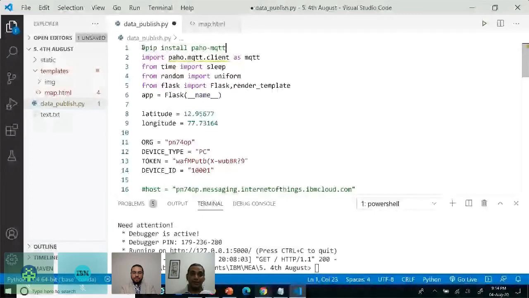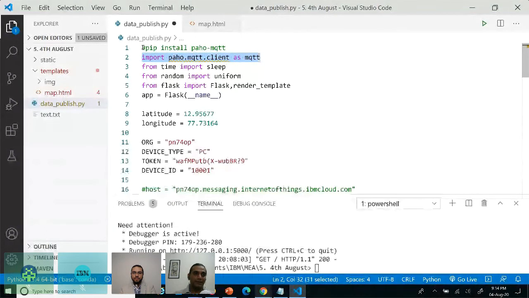Now, this library is the basic library, or mother library, that we have for all our MQTT applications, whether you talk about MQTT version 3.1 or the new version 5.0. First thing that you need to do is pip install paho-mqtt. That's something that you need to do. So run that command. And after that, we are importing paho, which is basically what we are going to use